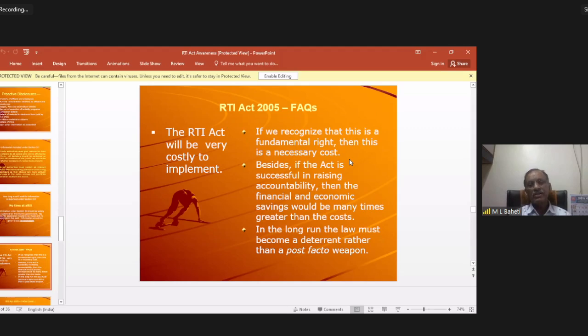RTI is not a grievance solving procedure, but an information getting procedure. First, you have to utilize your grievance solving mechanism. Then only you should move the RTI application. For solving grievance, you have to make a specific complaint to the respective JAO. Then, if he does not work at all, you can move an RTI application asking the status of your grievance